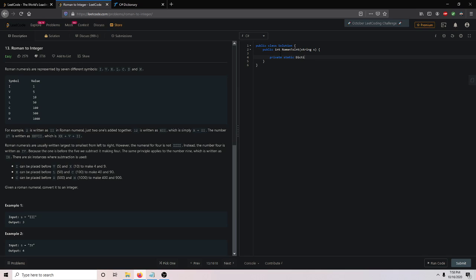Private static dictionary, and of course, a string is a collection of characters. But even for this dictionary, all we're going to be storing, especially since it's a static, is just each symbol and its value. So the symbol is going to be its key, and the value of each key is going to be the actual value of it. So char int map is equal to new dictionary